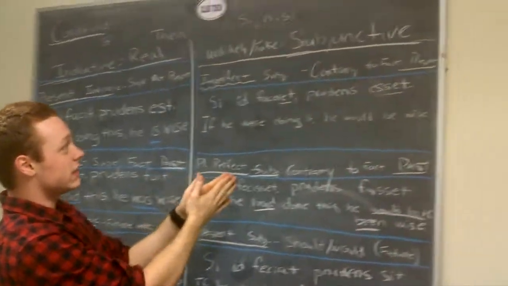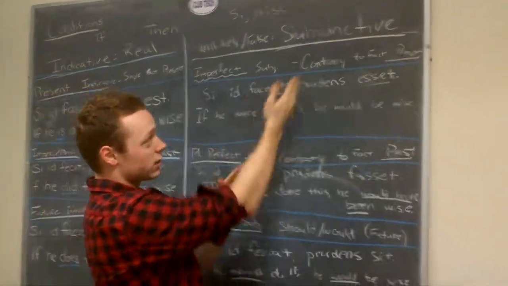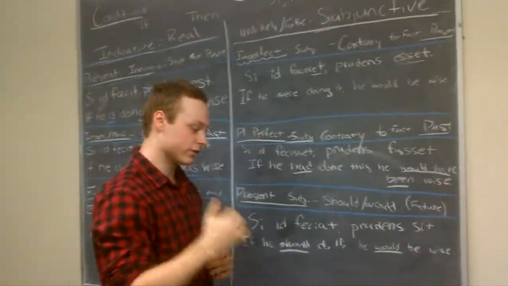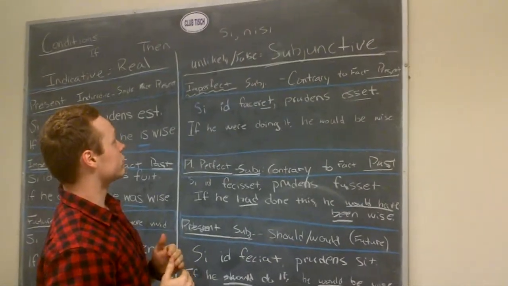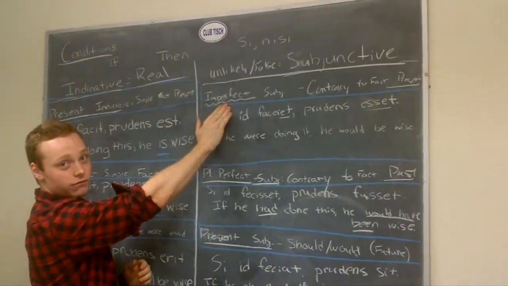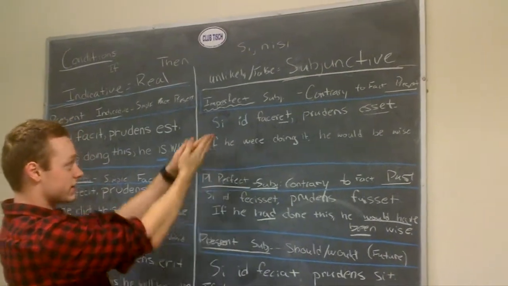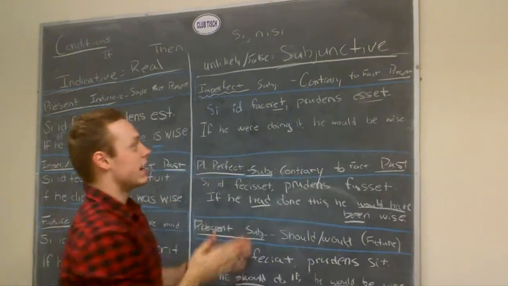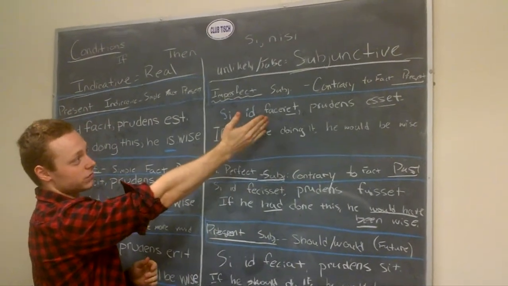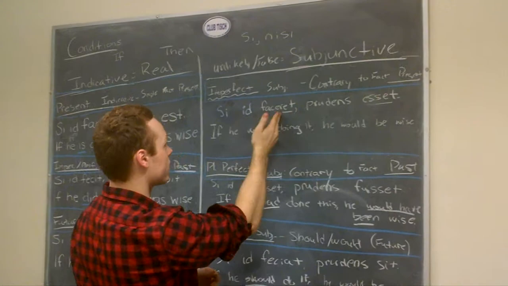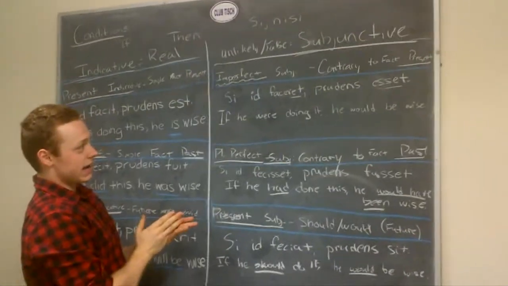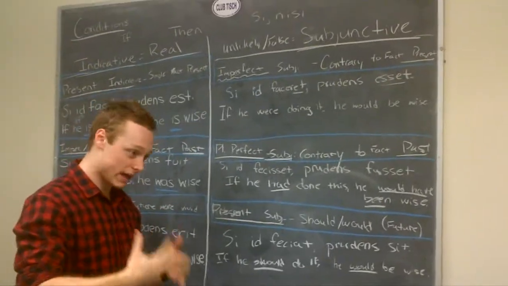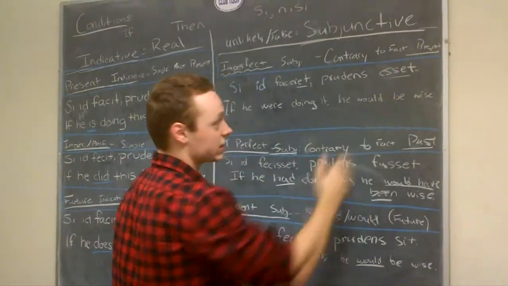So moving on to the subjunctive version of this, which is called the contrary to fact present, and even though it's the present version of this type of conditional sentence, it uses the imperfect form of subjunctive. So for an example, si id facieret, prudens esset. As you can see here, the imperfect subjunctive is used in this verb, and this is translated as if he were doing it, which he is not at this current time doing, he would be wise, but in fact